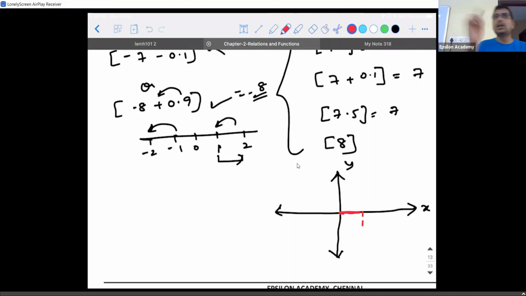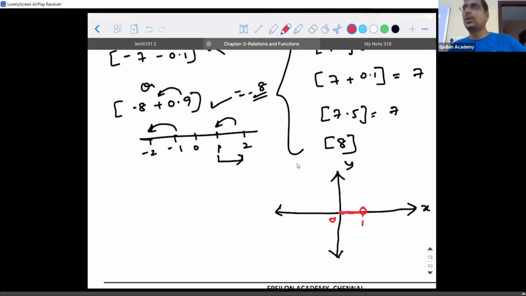And at 1, you will draw an open circle like this. What does that open circle mean in terms of continuity and differentiability? It is a discontinuous point for the function. When can you say a function is continuous? Graphically, I'll explain the meaning of continuous. From 0 to 0.999, is that line continuous or not? Is it having any break? From 0 to 0.9999, it is continuous. Exactly at 1, it is breaking.